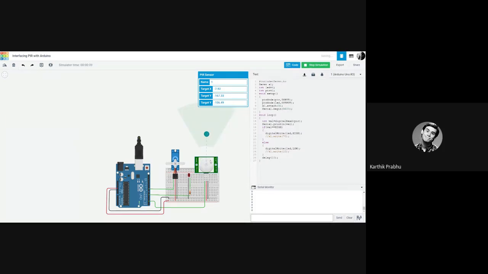When there is a change in its detection, it will automatically read the input. Okay. So where are these sensors used? This can be used anywhere, ma'am. Like we can use them in doors also. If anybody comes near the door, it can automatically unlock. And many things like security systems, we can use it for. Okay. Okay, Karthik. Thank you, ma'am.